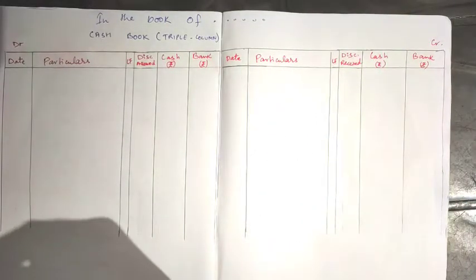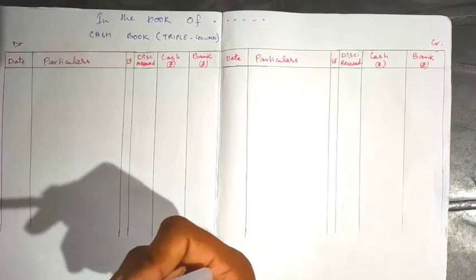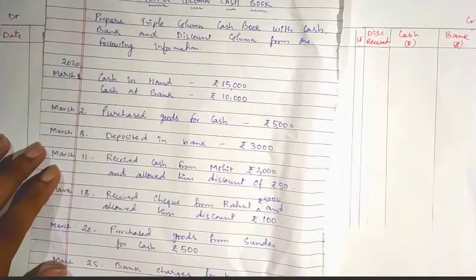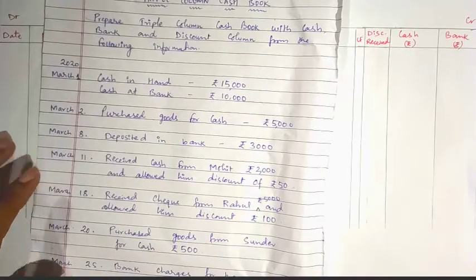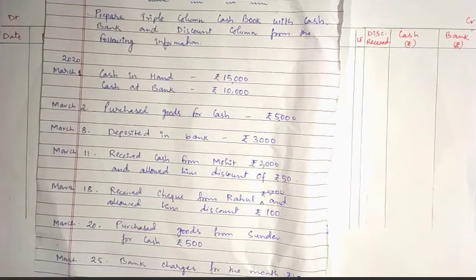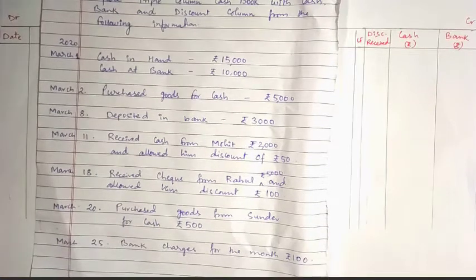Now I will solve one question, so pay attention and see step by step how a triple column cash book is prepared. So here I have a question. Prepare triple column cash book with cash and bank and discount column from the following information. So you can see that in March